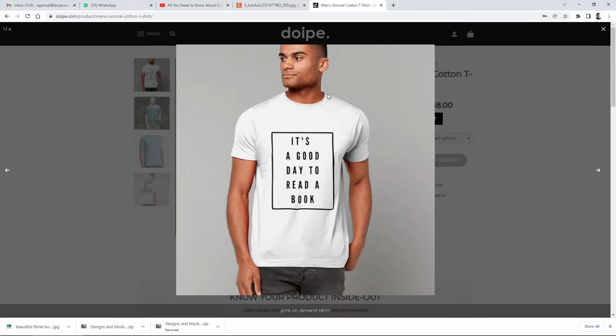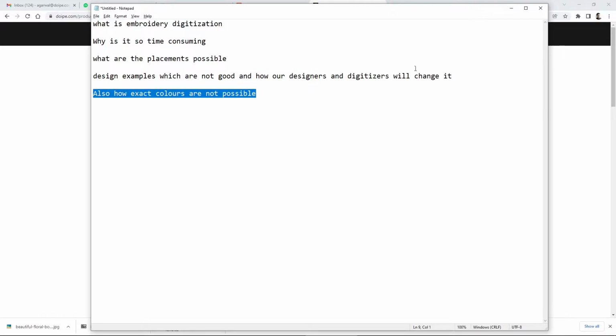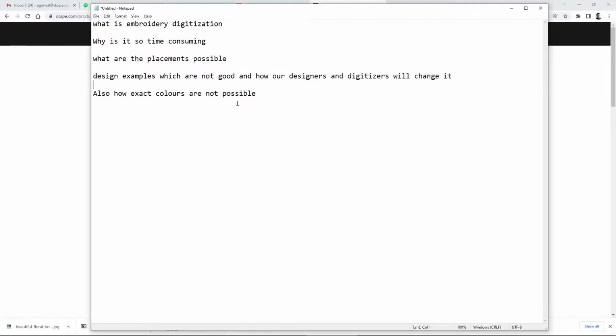Okay, so just keep that in mind, whenever you are giving us the embroidery file, for example something like this area or armpit area, any of these types of areas are not possible for embroidery. If you are giving me a plain flat area, it's possible. All right, so that is another thing. Then I have already covered this point. Now let's talk about the last point.